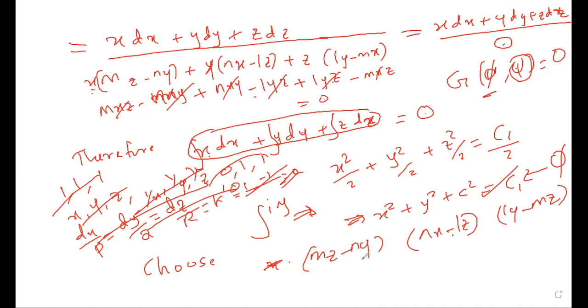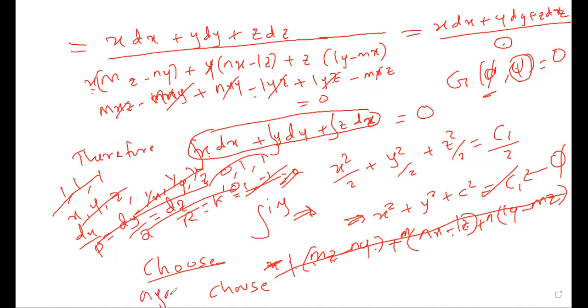Let's see. For example, we have l, m, n also. So let's choose one according to that. Here you can see mz minus ny, so I'm going to choose l. Then here I have l, m missing n, so I'm going to choose m. See whether it is also 0. l, m, n here also. So it will be cancelled out. So our next multipliers, write down, choose